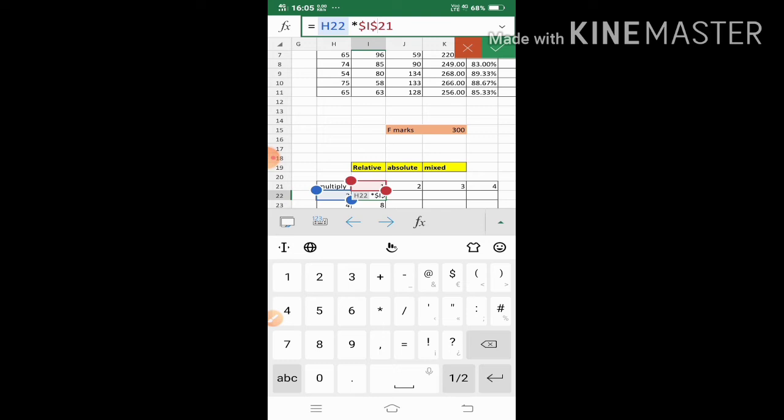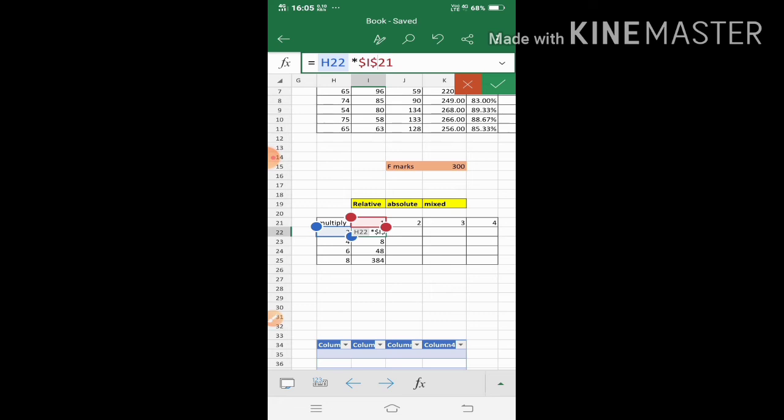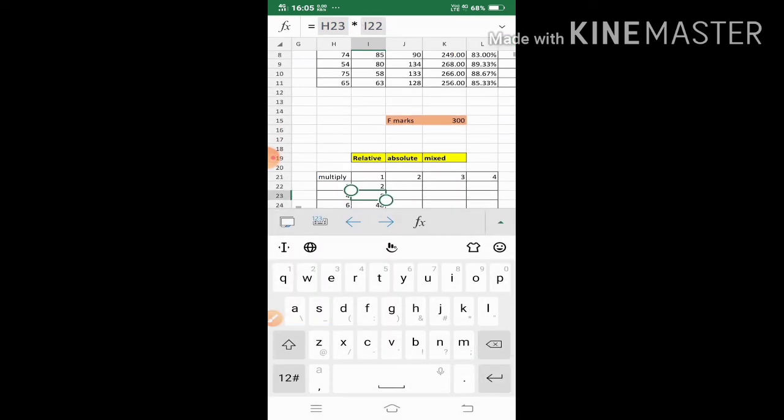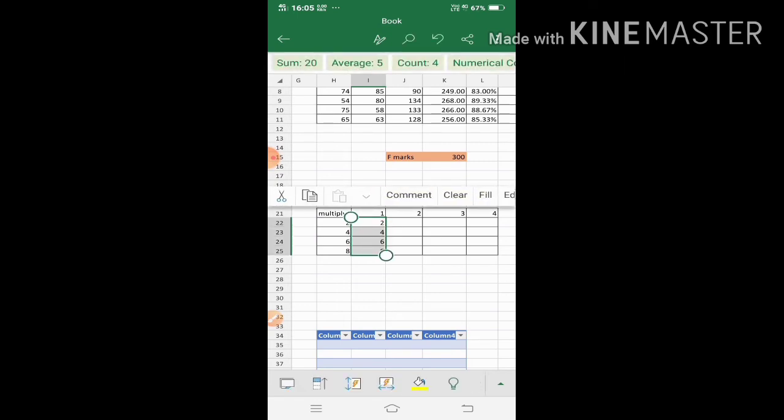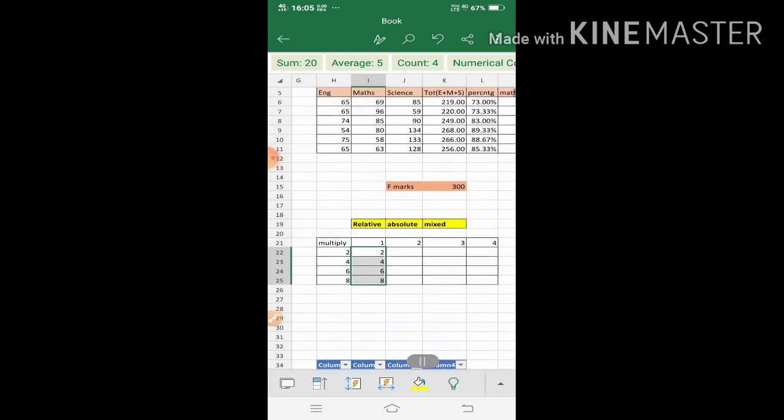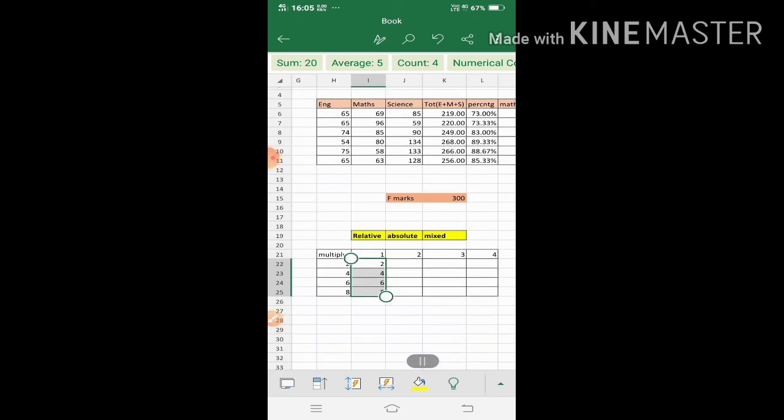The row number 21 is fixed, so there is a $ sign before 21, and I is also fixed, so there is a $ sign before I, because the column is also fixed. Now see here, it has changed and this one is correct: 2 into 1 is 2, 4 into 1 is 4, this way.